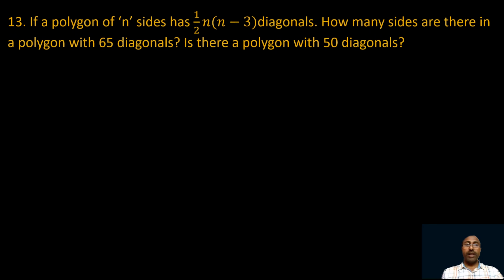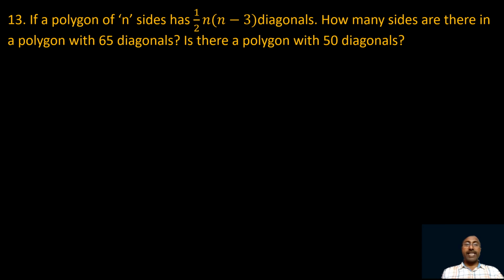If a polygon of n sides has 1 by 2 into n into n minus 3 diagonals, how many sides are there in a polygon with 65 diagonals? Is there a polygon with 50 diagonals? That is the question. Here the relation between the sides and the diagonals is given,